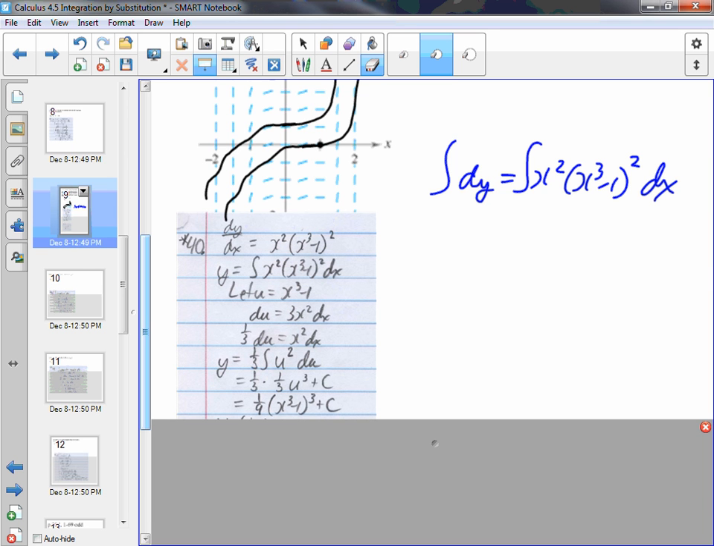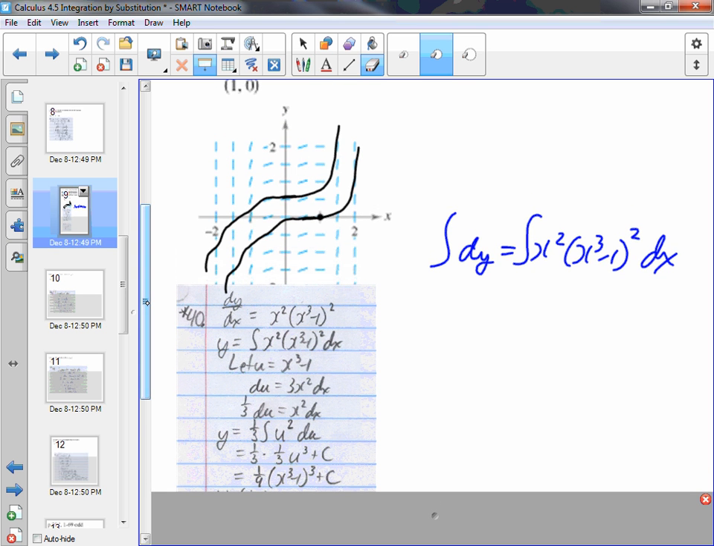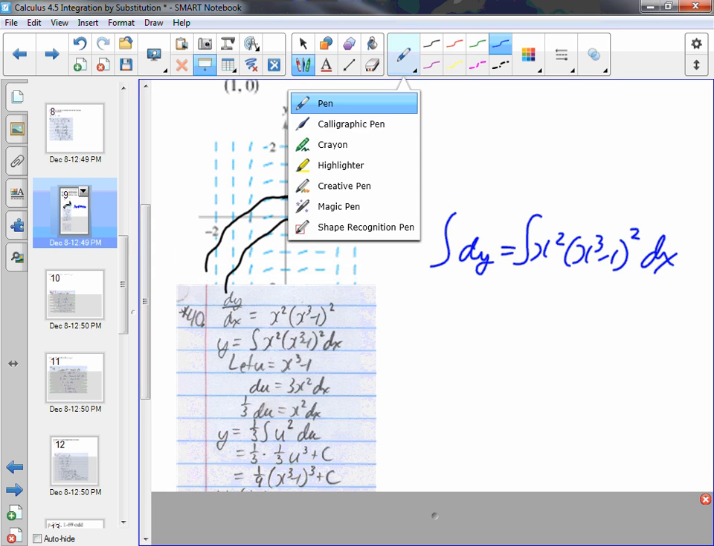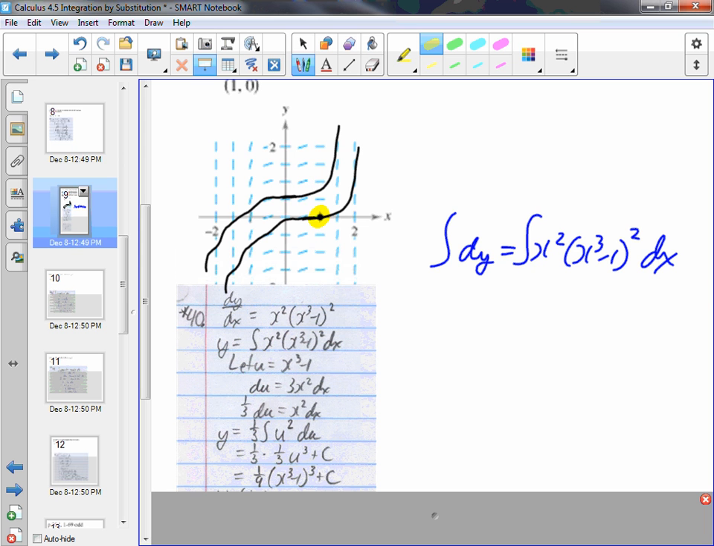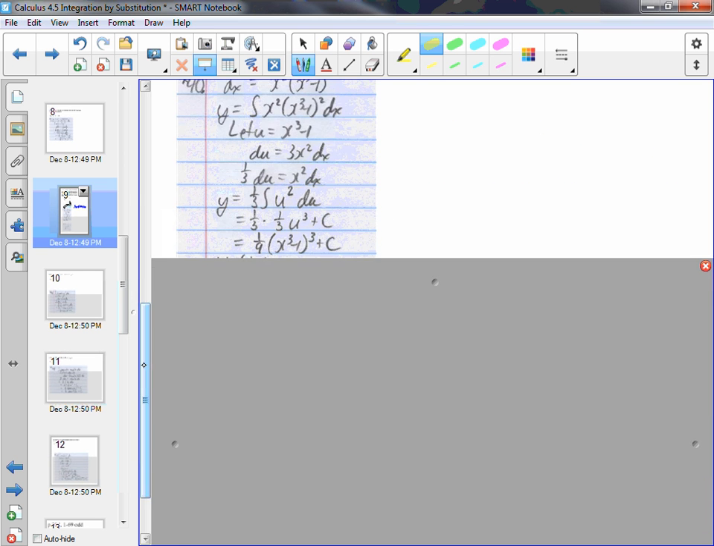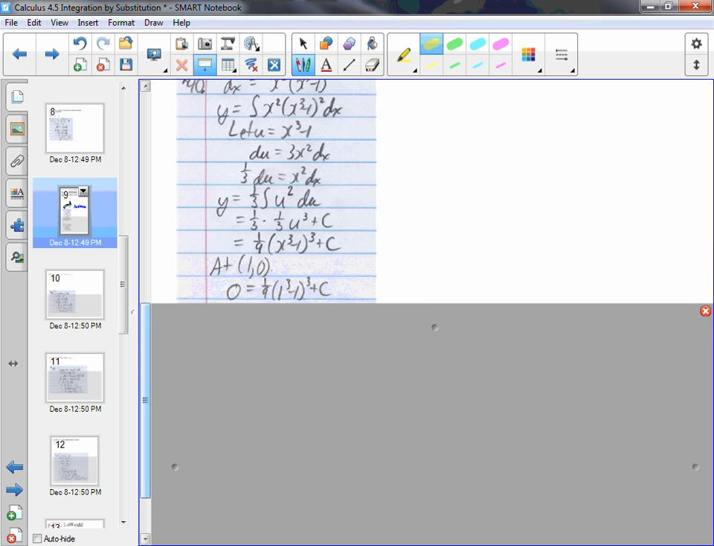Well, it still has the plus c in. Now, they do want us to get a particular solution. They want us to get the particular solution that has that point on it. What are the coordinates? 1, 0. So that gives us a method to figure out what c equals for that particular solution. Replace x with 1, replace y with 0. So at the point 1, 0,